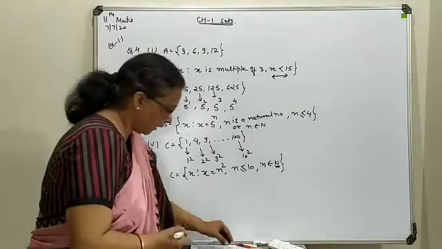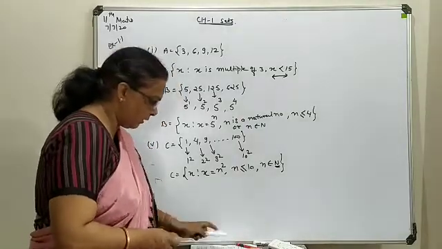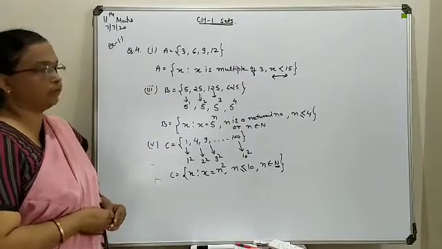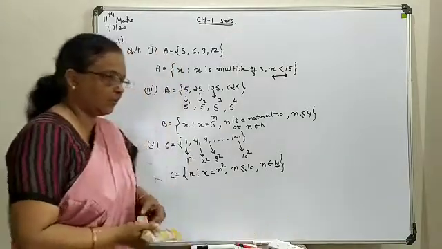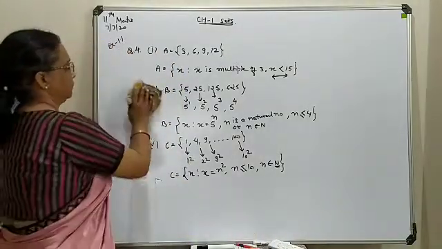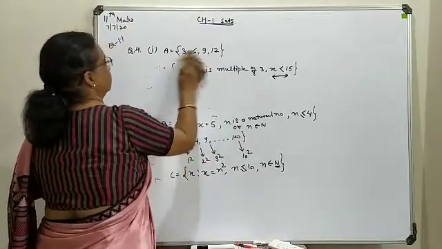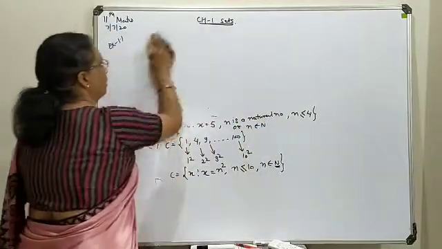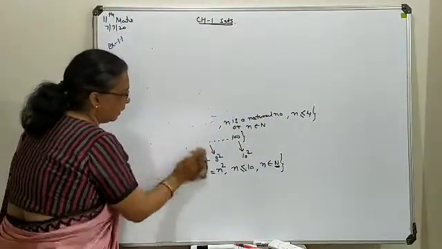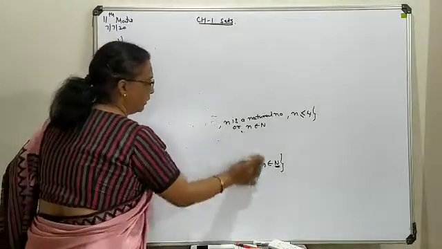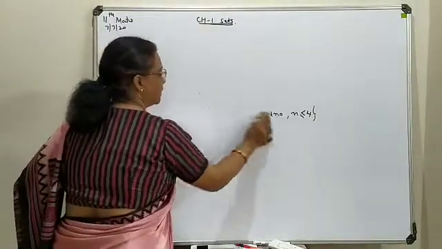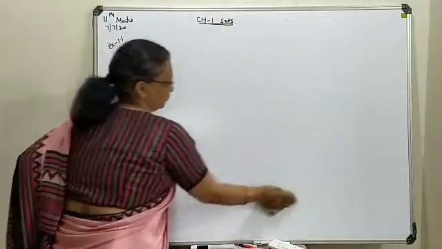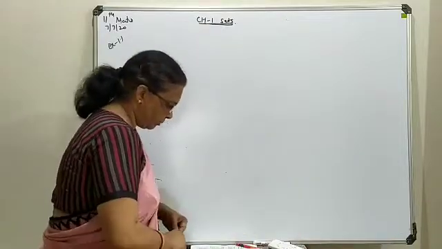Now next, again question number 5, in which you list all the elements of the following sets. Different types of sets are available and from them we will define the elements. Means again in the reverse order you will move. Now in this type of question, your reasoning should be very clear: what are the standard sets and how they can be linked with the given statement form. Yes, move to question number 5.